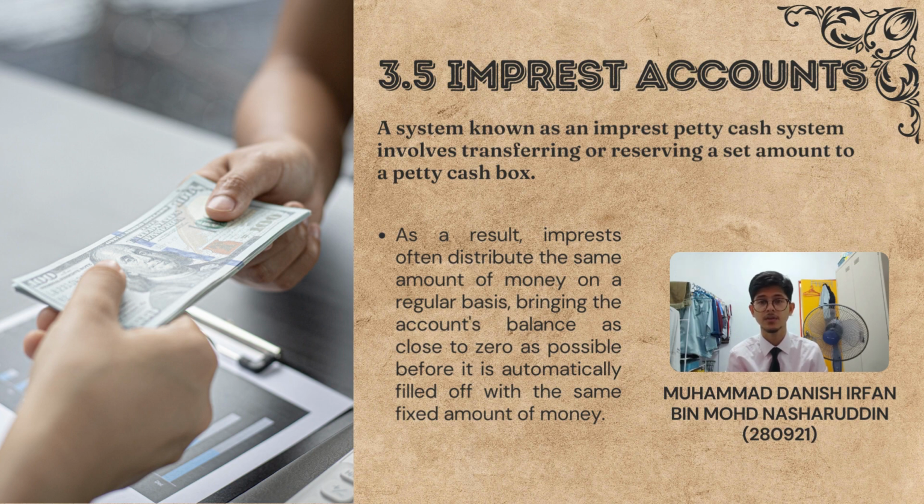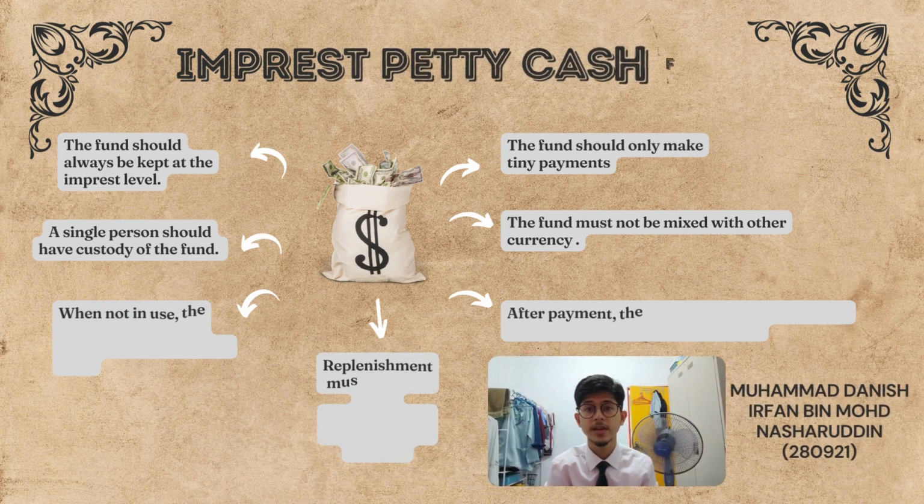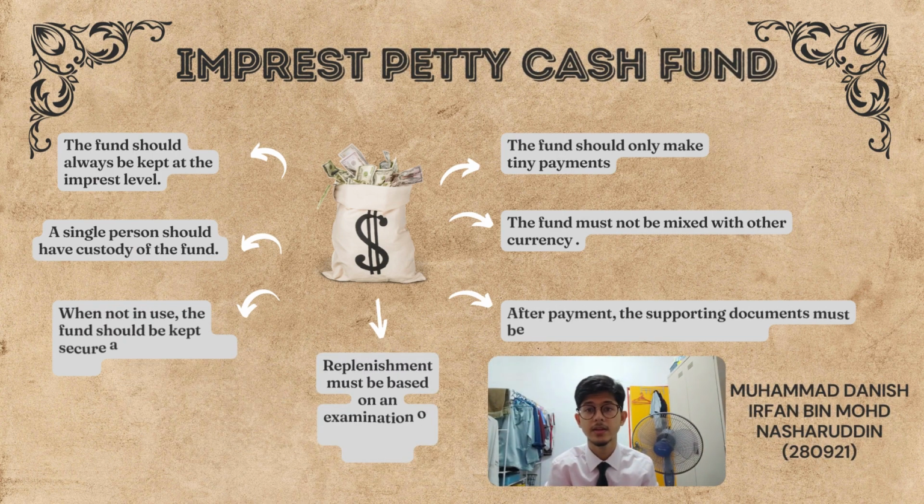These accounts also keep a specific amount of cash on hand that can be used to pay for small expenses and compensate employees. So as a result, imprests often distribute the same amount of money on a regular basis, bringing the account's balance as close to zero as possible before it is automatically topped off with the same fixed amount of money. Now we are going to look through the 7 steps that consist of the Imprest Petty